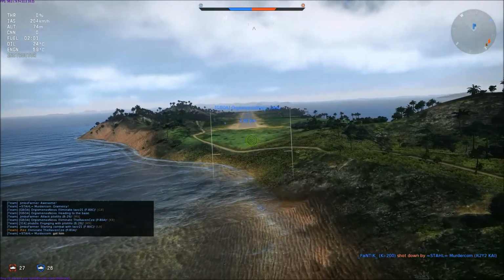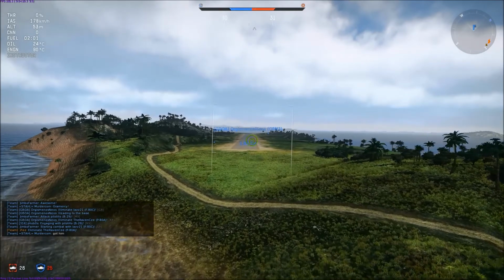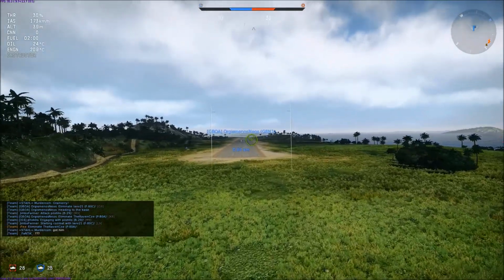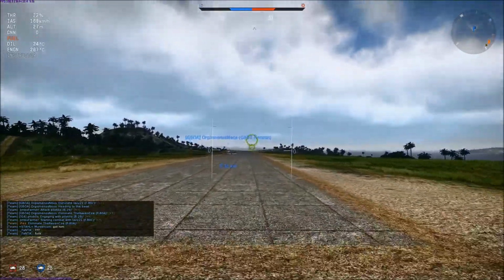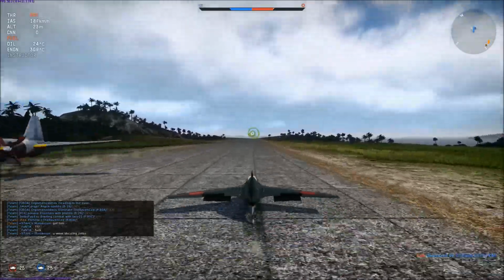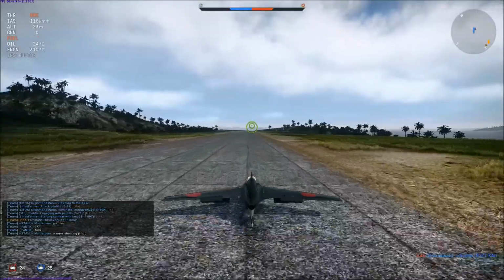At about 200 kilometers per hour you want to start being a little bit careful, because once you get out to about 170 or so you want to maybe start applying some thrust. I feel like 170, 160 is a pretty good speed to have during your final touchdown. So here I come, we touch down,